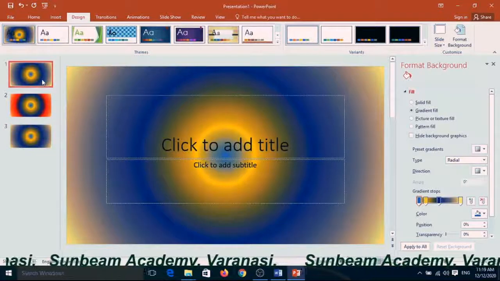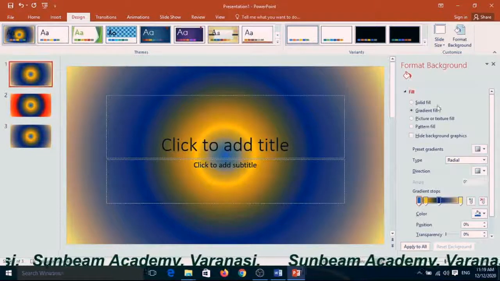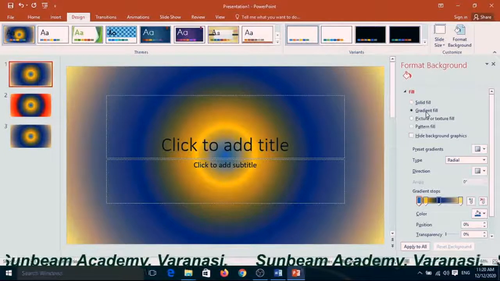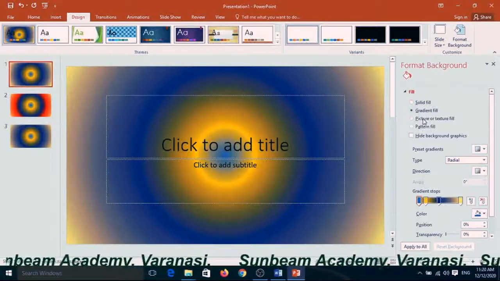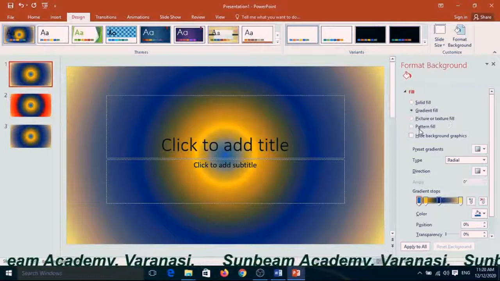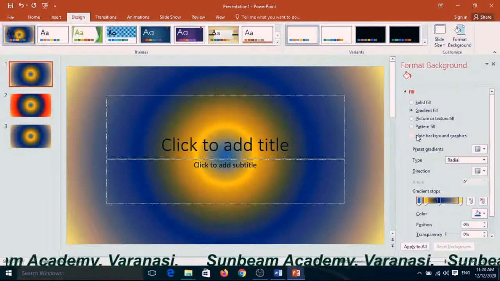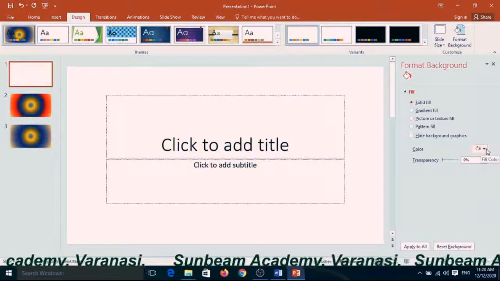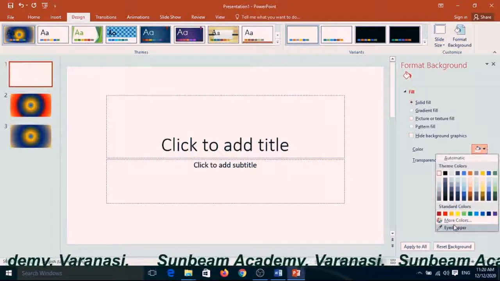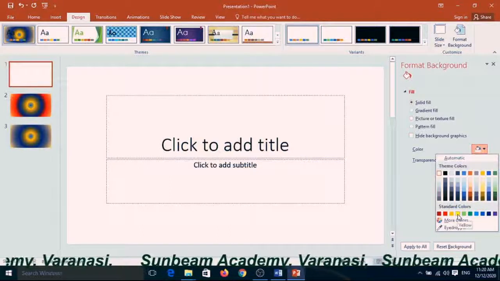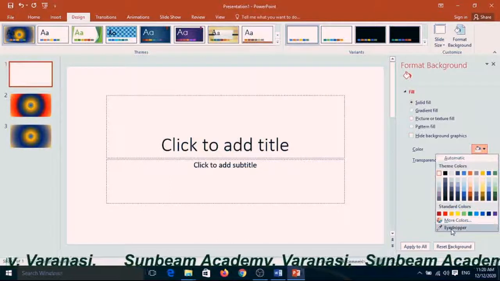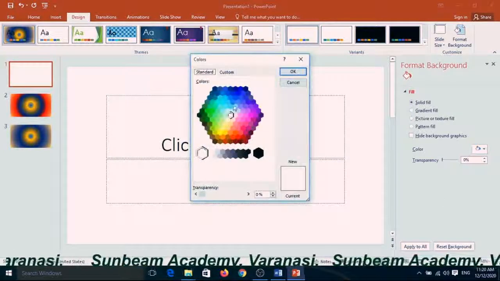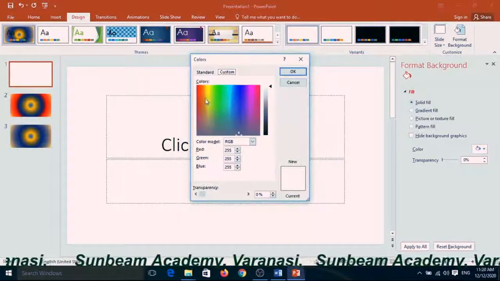Here is what you can choose from Format Background: solid, gradient fill, picture or texture fill, pattern fill, hide background graphics. Suppose you choose solid from here and choose only one color, not a mixture, only one color. You can choose from more colors or eyedropper colors. From More, you can choose any one and customize it.